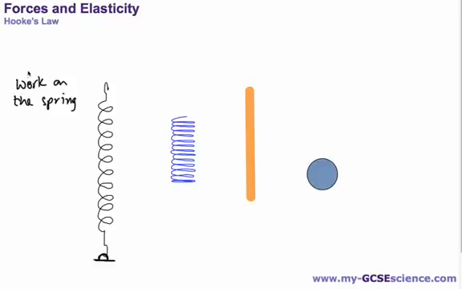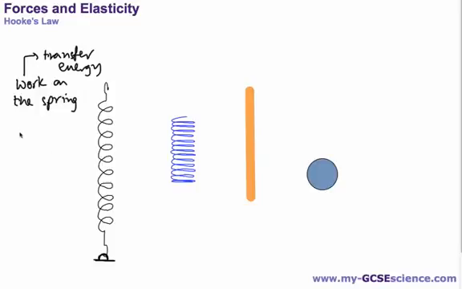Now in physics, work means to transfer energy. So what I've done by pulling this down is I've transferred energy to the spring, and that energy is now stored in the spring